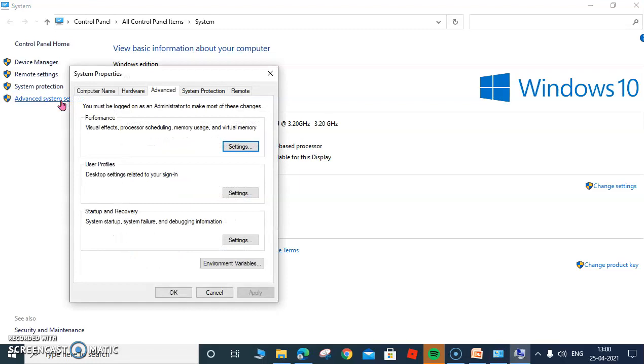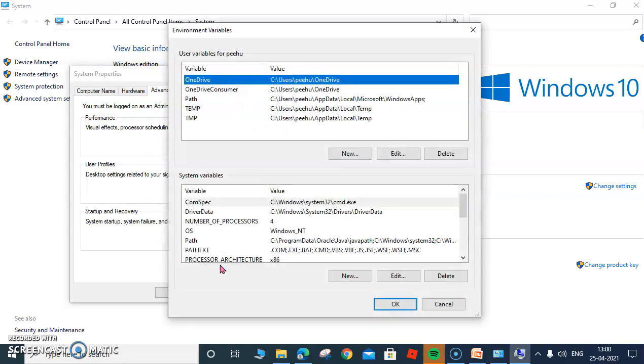Okay, advanced system settings, and there will be many tabs, but this advanced tab is already open. So you need not change it. Just look at this advanced tab and go to environment variables, and click on it. There you will see you'll have user variables for, let's say, the administrator name. It might be different on your computer, and this is system variables.